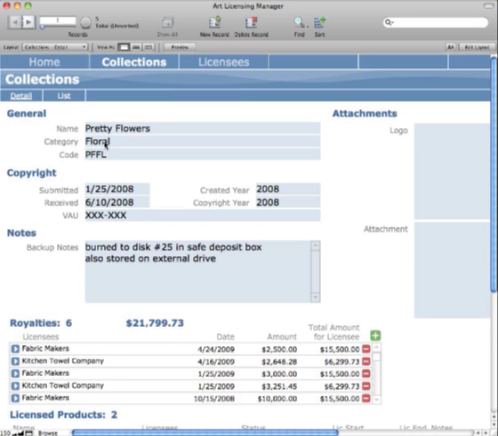Okay, so you have your general stuff, and you can decide if you need category to mean something else to you, that's perfectly fine. Then copyright. It's really important to copyright your art and to keep track of the fact that you've submitted your copyright,